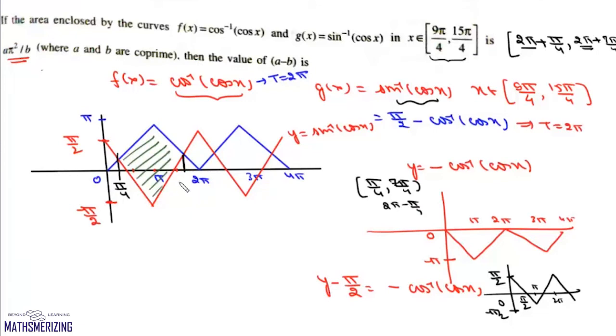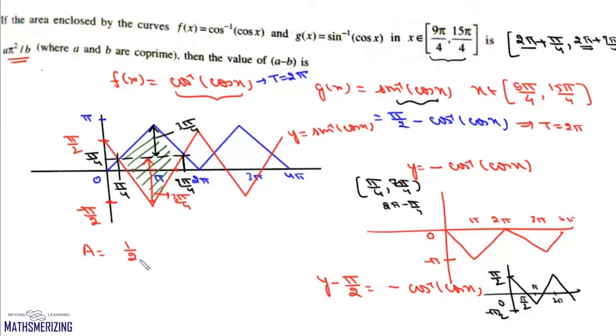Now this point here is 7 pi by 4. This again is pi by 4. This value is pi. So this height is pi minus pi by 4, which is 3 pi by 4. And here this height will be pi by 2 plus pi by 4, which again is 3 pi by 4. So this required area will be